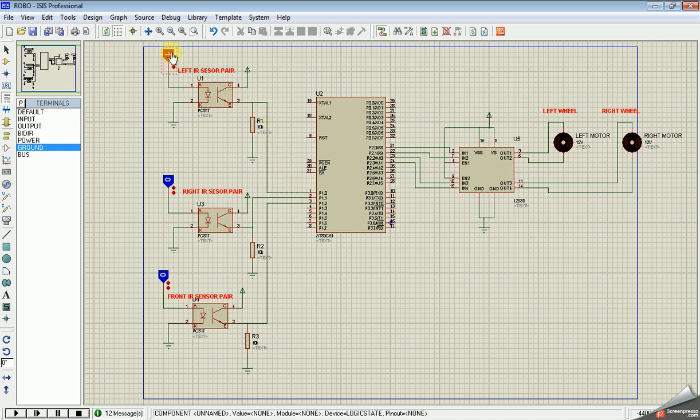Whenever there is no ray, that means there is no obstacle, the photodiode will be in the off condition, and the output will be 0. So we need to write a program so that whenever there is an obstacle, it will be 1, and whenever there is no obstacle, it will be 0. These three sensors are connected to port 1.0, port 1.1, port 1.2 as shown here.